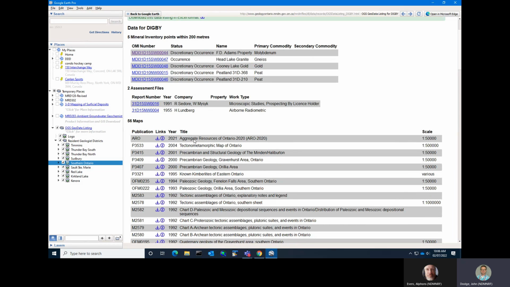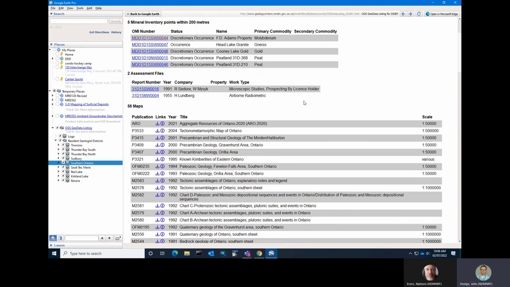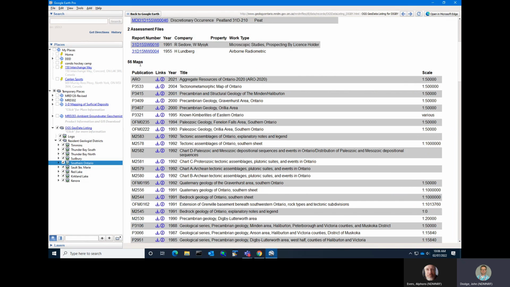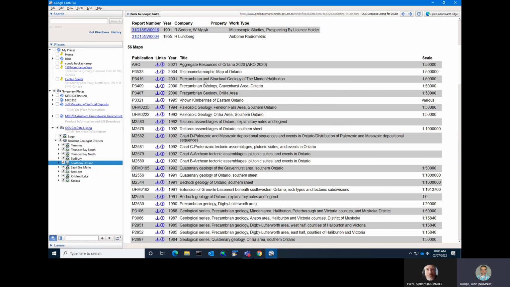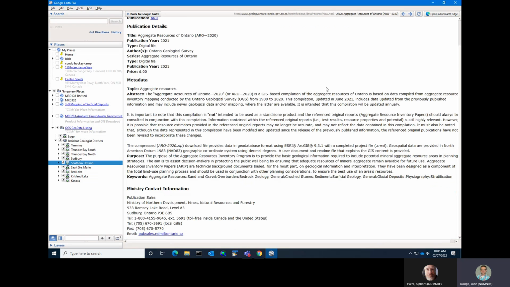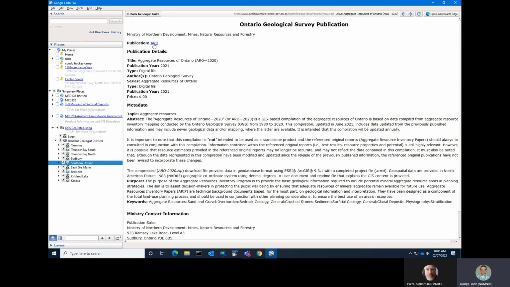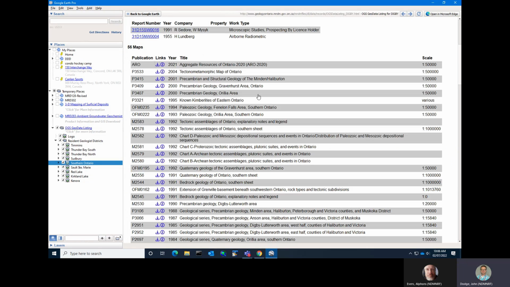Assessment files. So in this area, we happen to have 2 assessment files. Click the link for more data. And then we get to our publication listings. So in this case, we have 56 maps available that cover that township. We've provided 2 options. So one, you can click for more information, which will give you some metadata. And then within that metadata, there's usually the link to download, or you can just go straight to the download